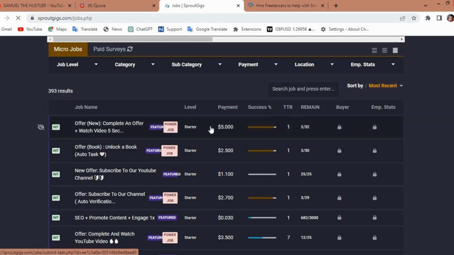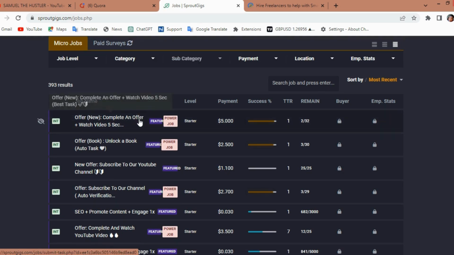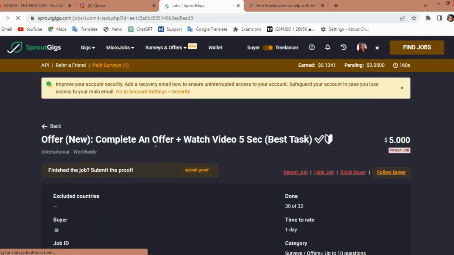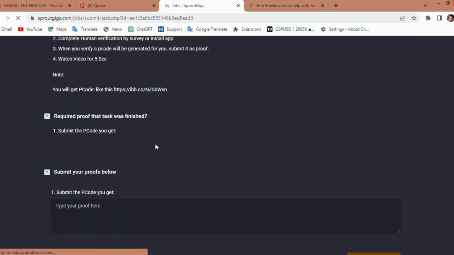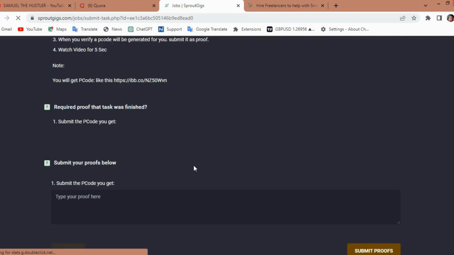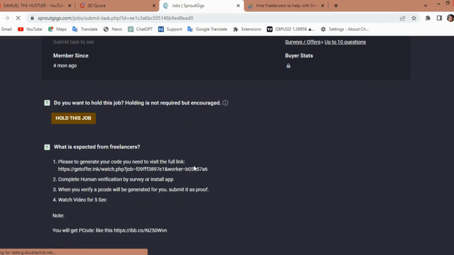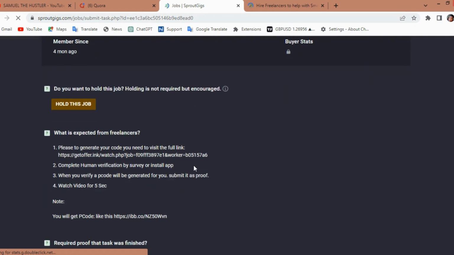You earn $5. But the truth about this kind of offer is that sometimes they are likely to be fake. They don't pay out. For example, if I click on this, you can see that I've viewed this before. If you scroll down, you'll see where it says submit the P code you get. I've tried this offer and it didn't work out. Why? Because they didn't show me any P code when I did everything they asked me to do. I didn't see any P code there, which means this